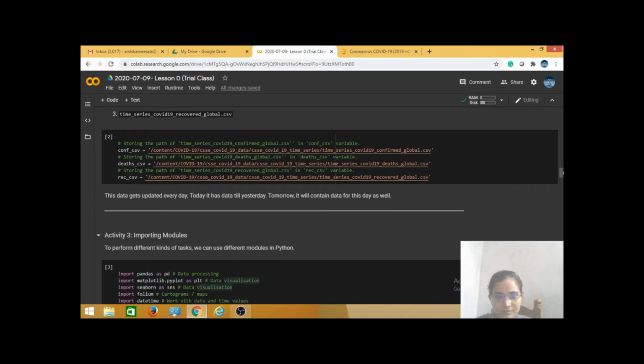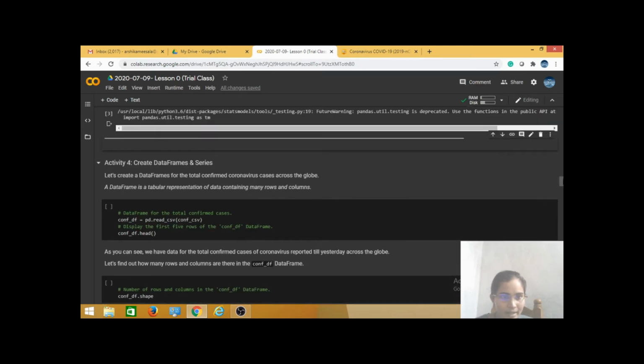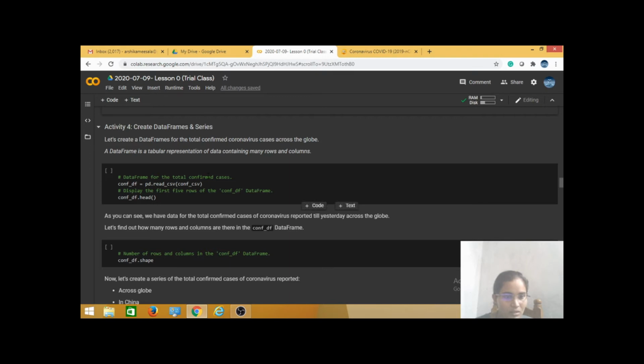This path, here I am using here. That means I am reading this path, or applying data processing concepts on this particular path or this particular data. For displaying purposes, I wrote confirmation data frame dot head.